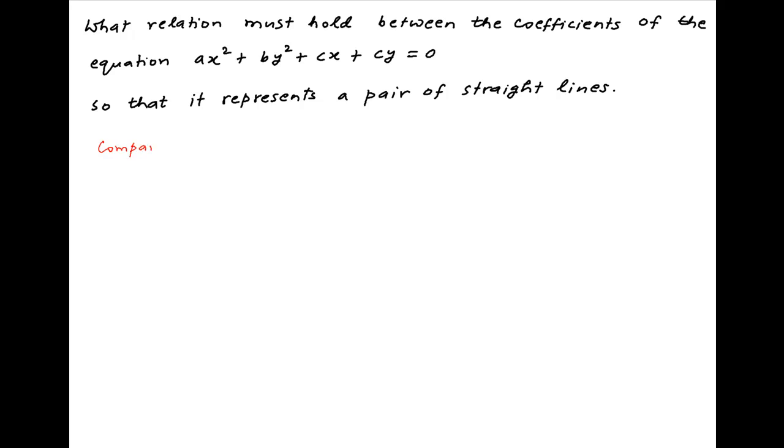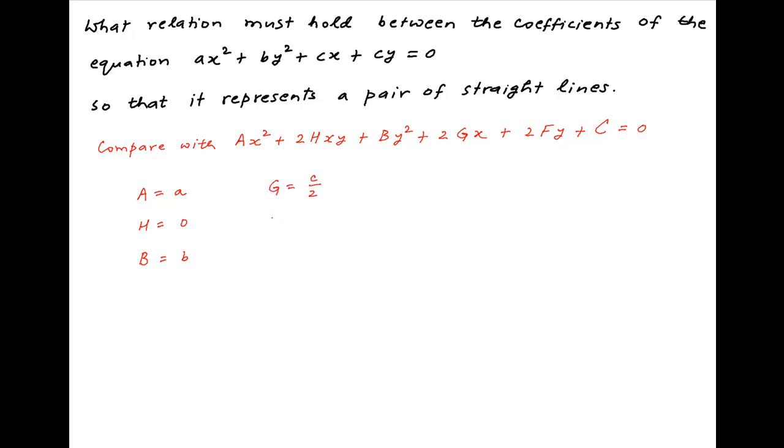We start by comparing the given equation with the standard equation of the conic, which is ax square plus 2hxy plus by square plus 2gx plus 2fy plus c is equal to 0. This implies that capital A is equal to a, capital H is equal to 0, capital B is equal to b, capital G is equal to c upon 2, capital F is equal to c upon 2, and capital C